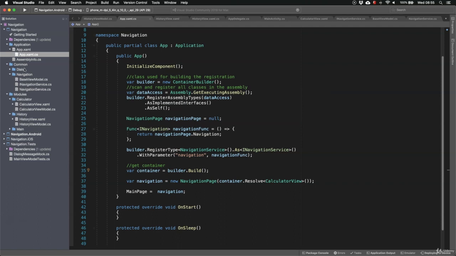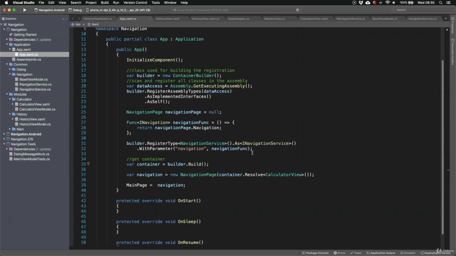If we go back to the App.xaml.cs, you are going to see the change I have made in order to register the INavigation. So first change is navigation page is null, and now I need to register type NavigationService. This Func<INavigation> navigation func just returns navigationPage.Navigation, and I inject that as a navigation parameter to the navigation func. At this point in time, navigation page is still null, and attempting to provide navigationPage.Navigation to here